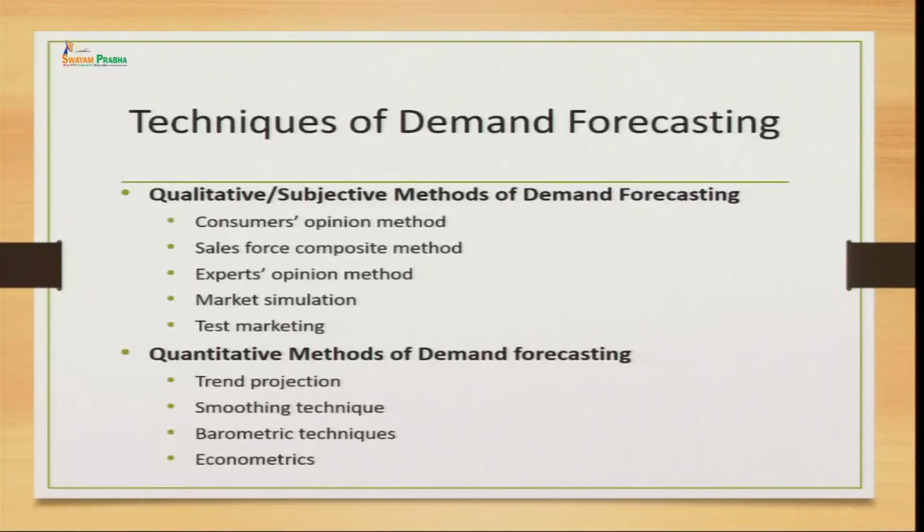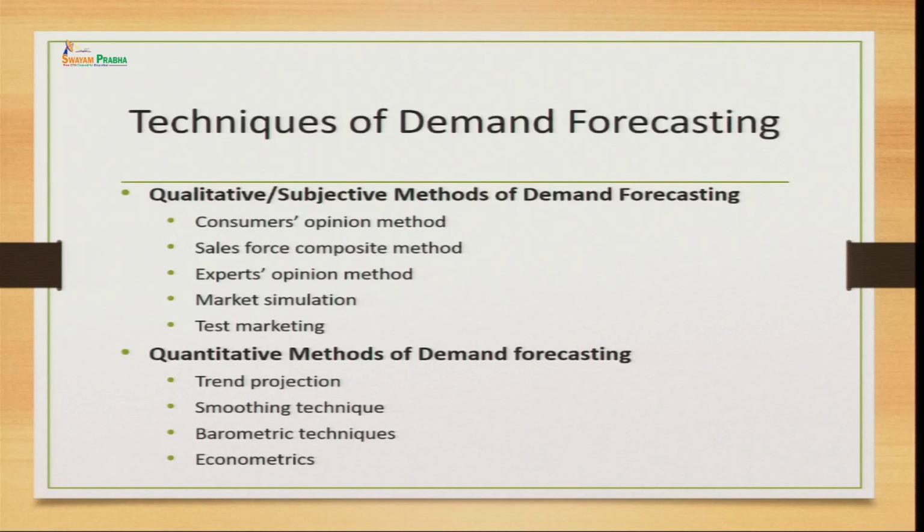Usually in these methods we take the opinion of consumers, we take the opinion of experts, we ask them to fill out certain questionnaires, we take their feedback. So, these are the methods which are based on opinions, surveys and questionnaires, and usually done for a new product in the market where we do not have past data. Whereas quantitative methods are those where we have the past data, and that is based on equations and mathematical tools, economic tools we apply for these methods.